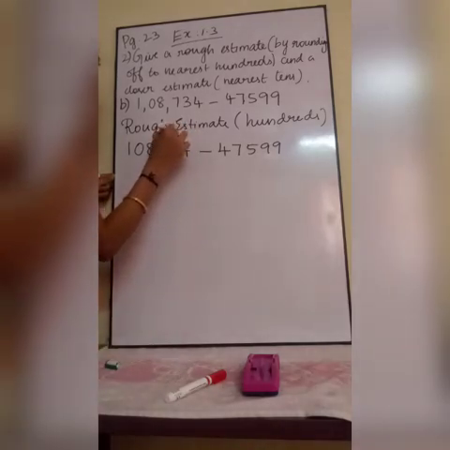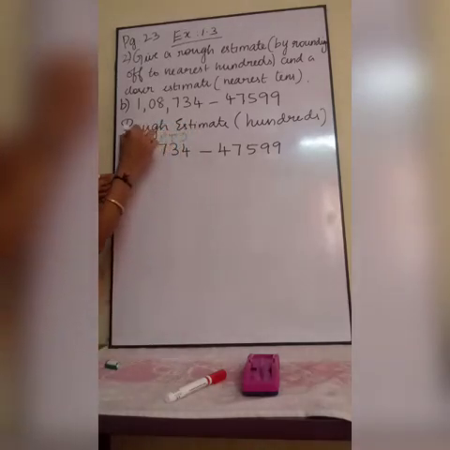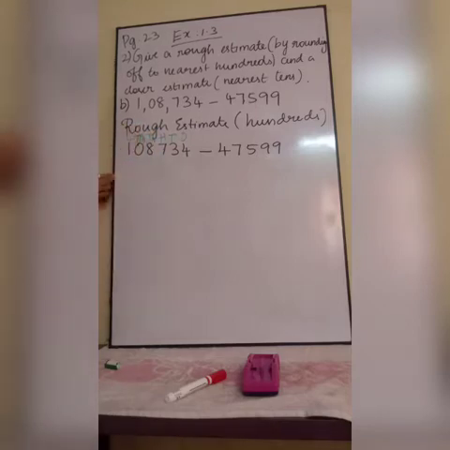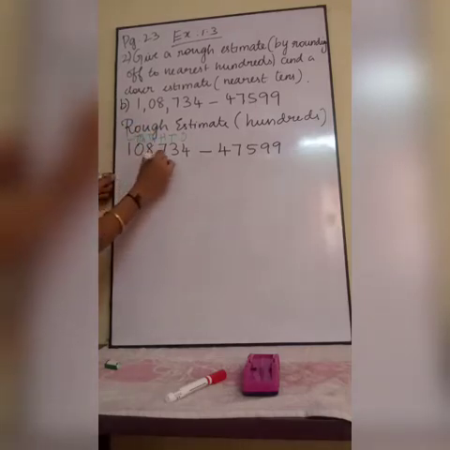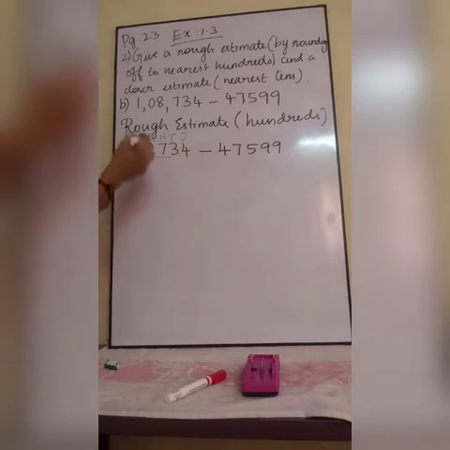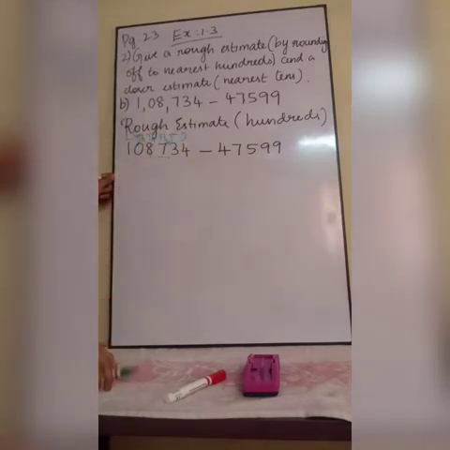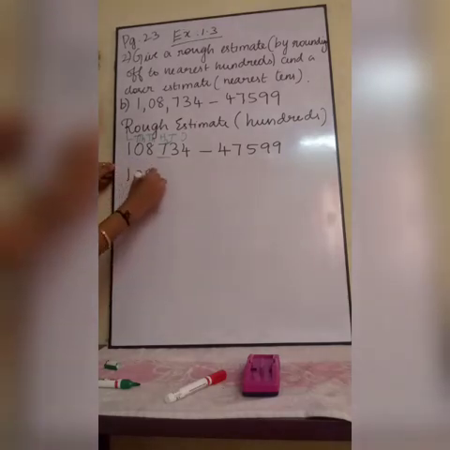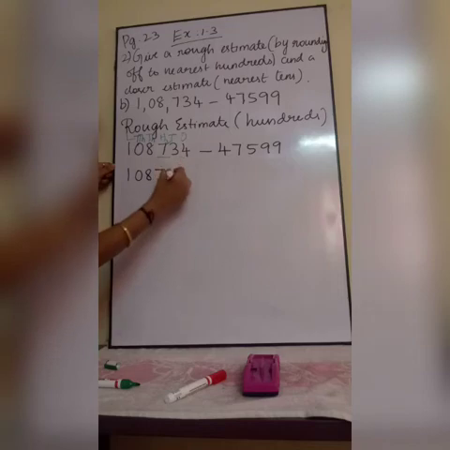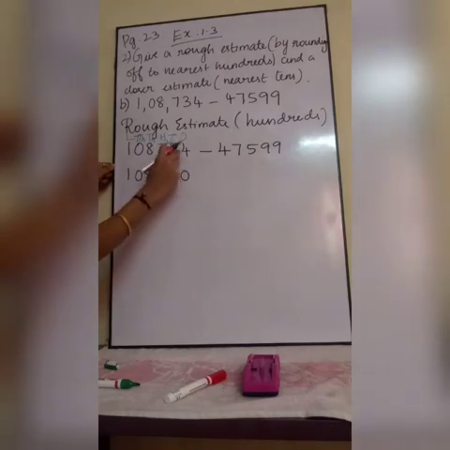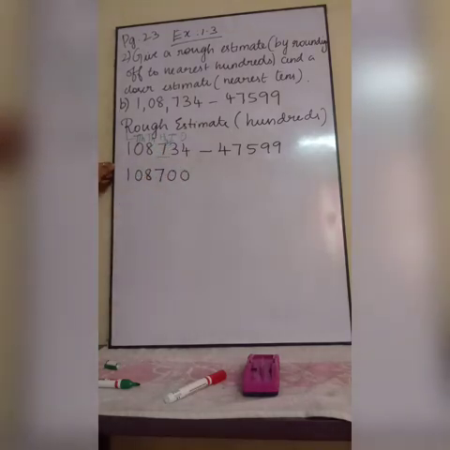So ones, tens, hundreds, thousand, 10,000, lakh. So which you are going to round off? Hundreds place. What you have to see now? 3, which means tens place you have to check. 3 means no changes. So how will you write? 108, 7 as such, 0, 0, because no changes, so I will put 0, 0. Did you understand how I have rounded off?